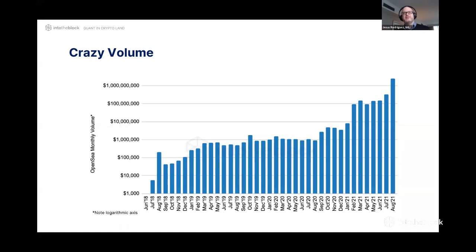NFTs are another source for quantitative strategies in crypto. It's not a pillow fight, it's not a game anymore. There is a lot of alpha to be discovered in this space, but the principles for discovering alpha in NFTs are not the same principles for discovering alpha in traditional crypto assets.